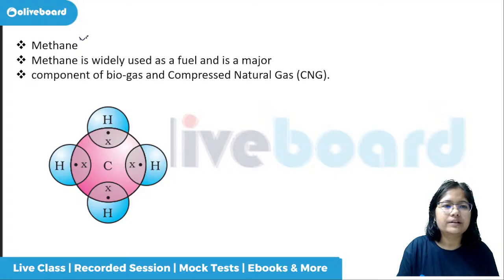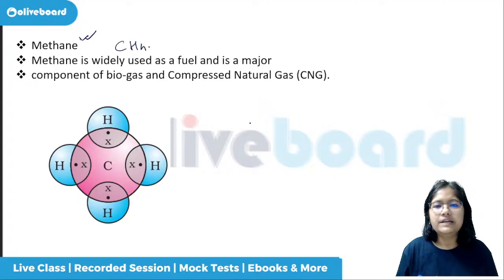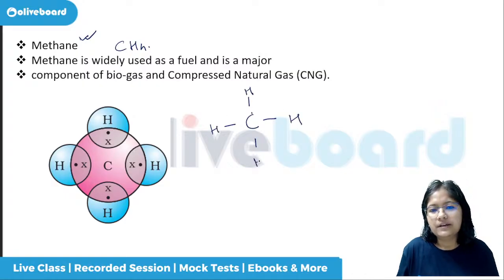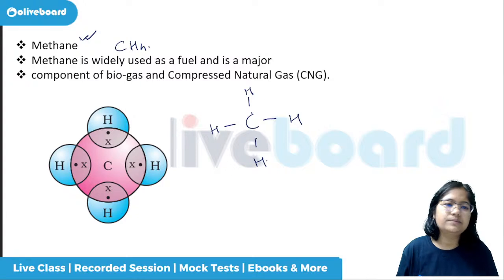Coming to the structure of methane. What is methane? CH4. Now CH4 means one carbon is there and already it requires 4, right? Remember? So if you put one hydrogen here, hydrogen will also be stable and carbon is also stable. They got what they want, right? Hydrogen wanted 1 and carbon wanted 4. So with 4 hydrogens, carbon has formed the CH4, that is for methane.